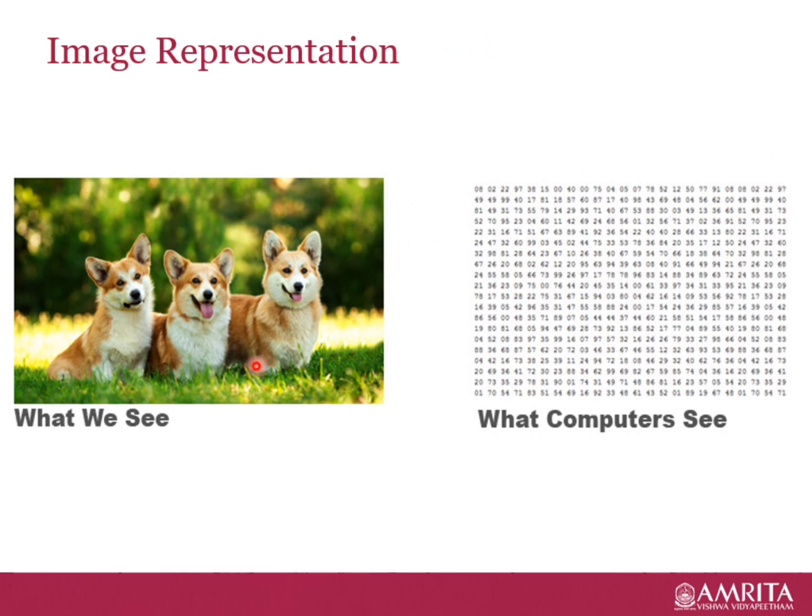From this slide, we can understand that this is an image, isn't it? So this is how exactly we see an image, and this is how the computers see an image. Each and every single element, which is called a pixel, is nothing but a numeric value, which is then represented in a binary format.